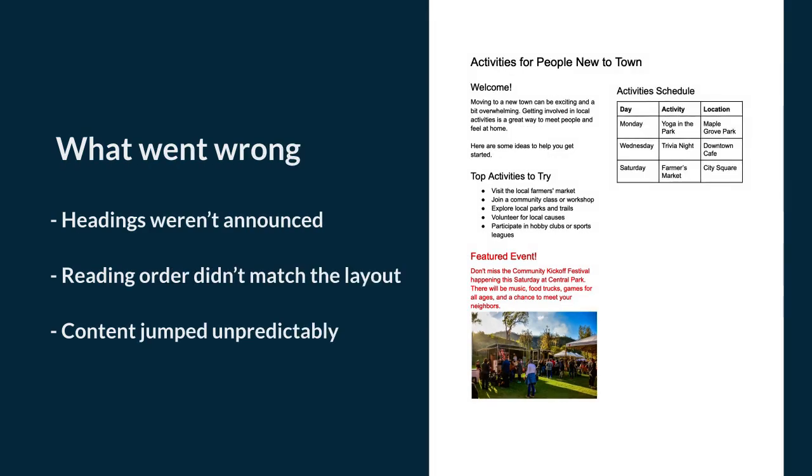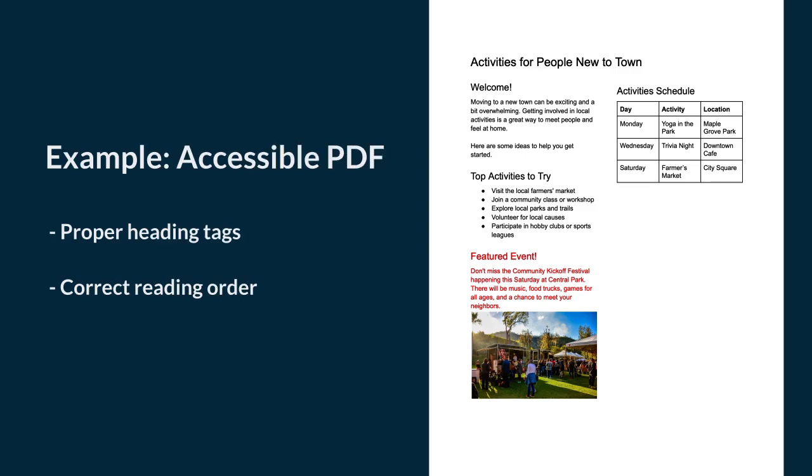Notice it did not announce the headings. Also, the reading order doesn't match the page layout. Instead of reading the left column first, the content jumps unpredictably, making it hard to follow. For screen reader users, keyboard-only users, and people with cognitive disabilities, this lack of structure makes the PDF confusing, disorienting, and easy to abandon. In contrast, here's an example of an accessible PDF with proper tags for headings and the